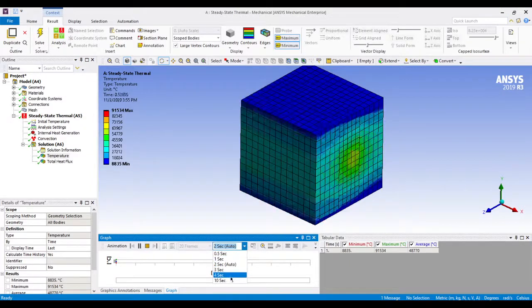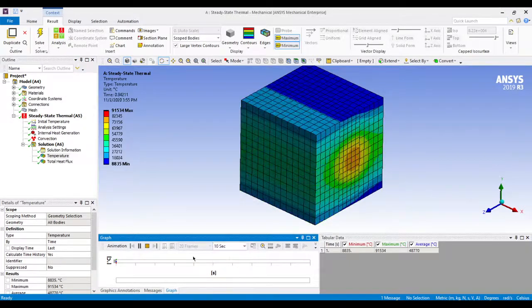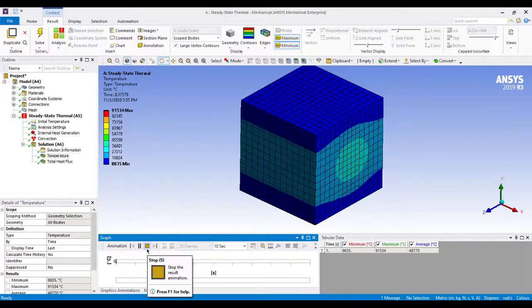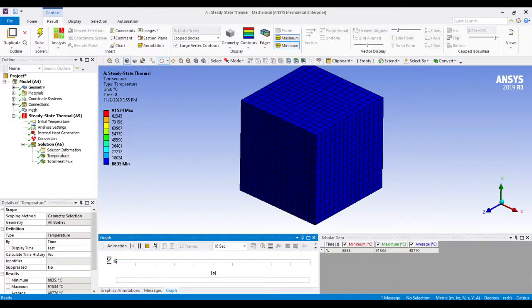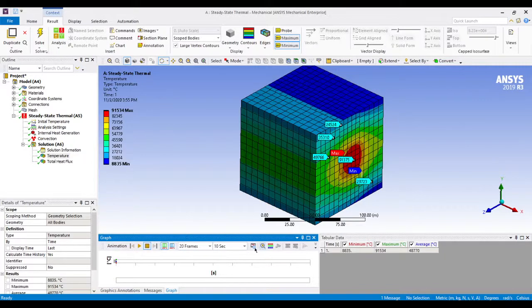You can select different seconds, and you can see the slow and fast simulation of these temperature plots. You can also see other options like tabular data, in which you can see the minimum, maximum and average temperatures.